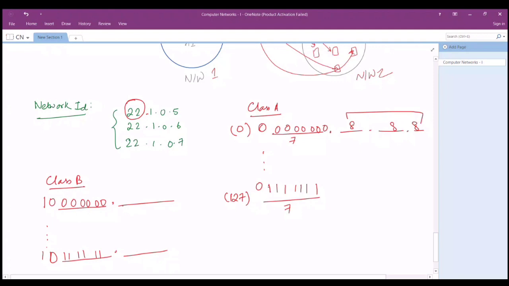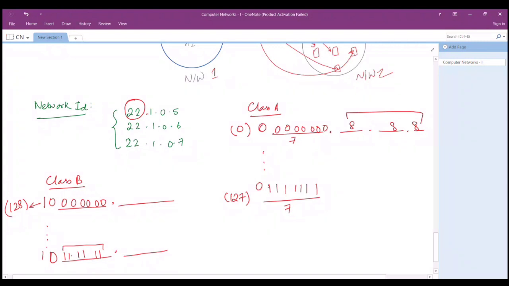But we are just going to see the first part of the IP, the first 8 bits of any IP address which is given, and we can easily determine if it is class A or class B or class C or class D. So here if you see 1, 0, so it is what? 1 is what? It is 128, right? And this is 128 plus this, 1, 1, 1, 1, 1, 1, 1, 1.